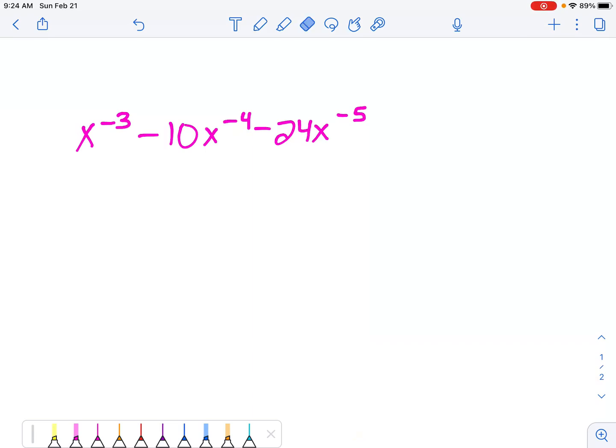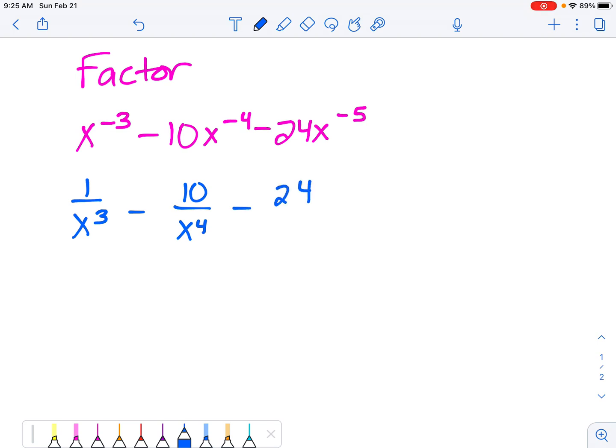This next problem, we want to factor it. We want to leave our answer with only positive exponents. What I like to do first is move our negative exponents. So this becomes 1 over x to the third minus 10 over x to the fourth minus 24 over x